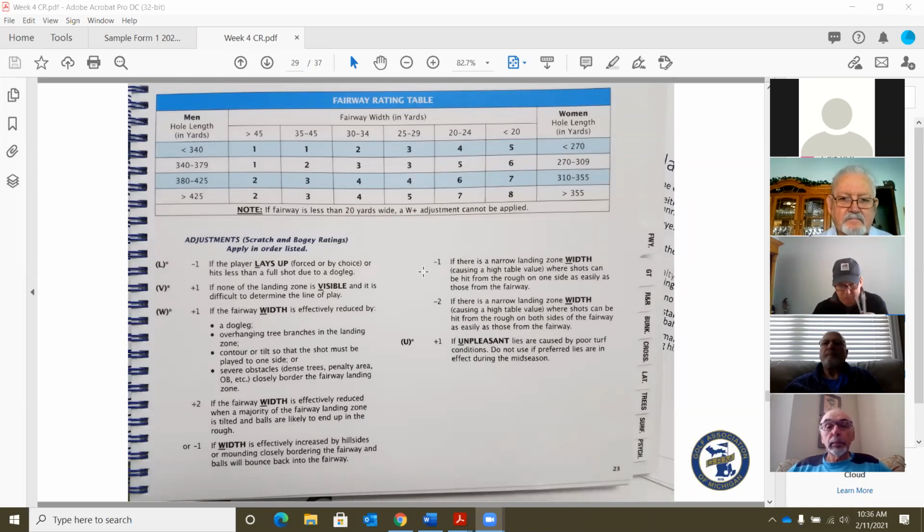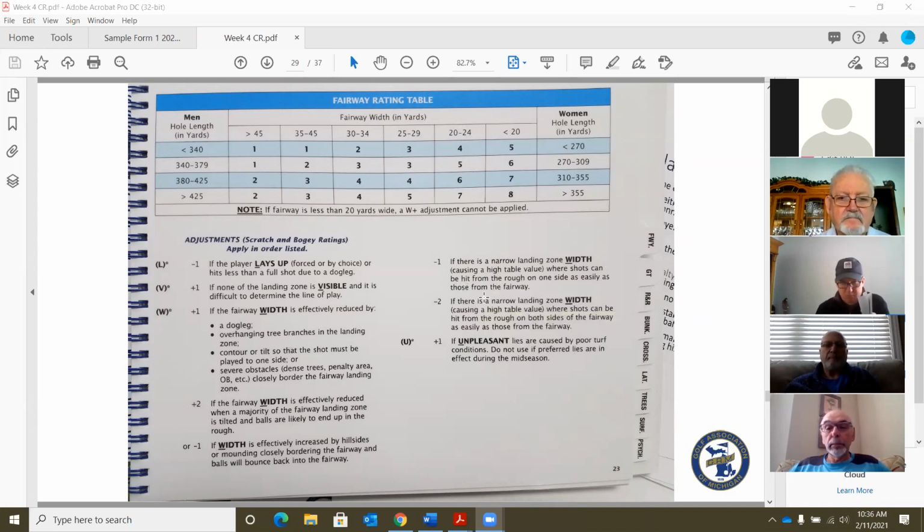But keep in mind when you're using this part of the W minus, it could be a 1 or 2 based on how many sides of the hole can be easily played. But you have to keep in mind what easily played means, or what it's trying to get at. If you have,